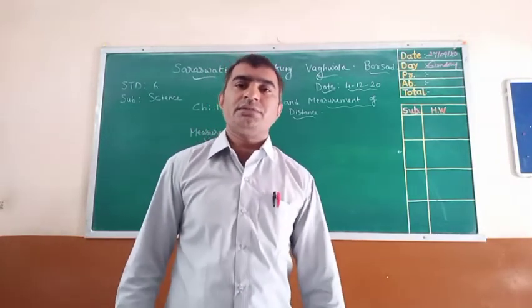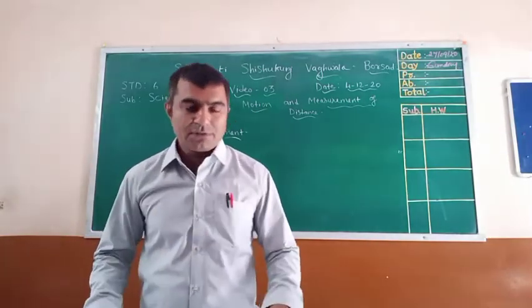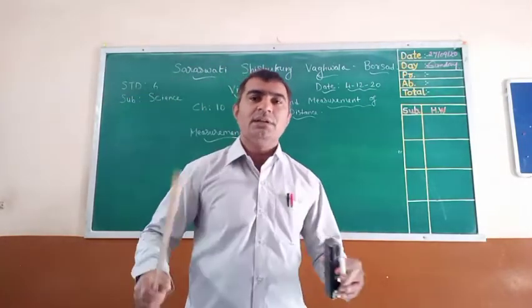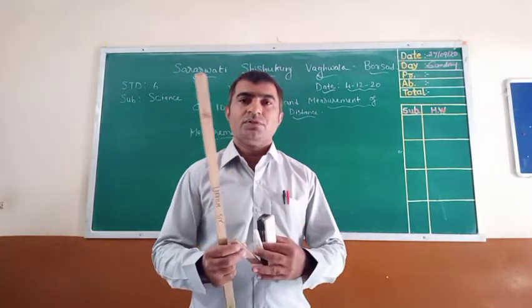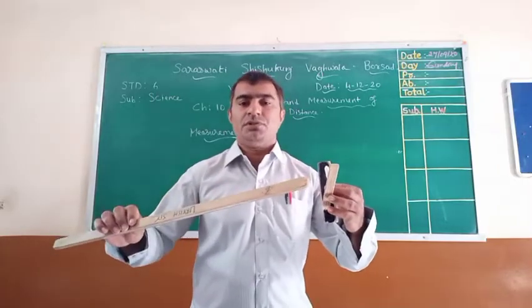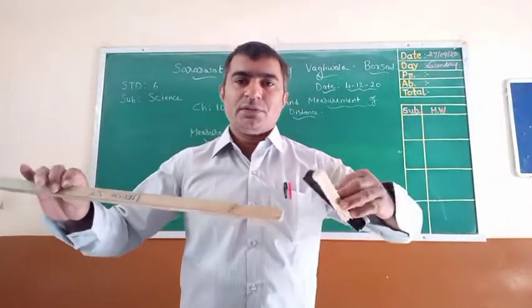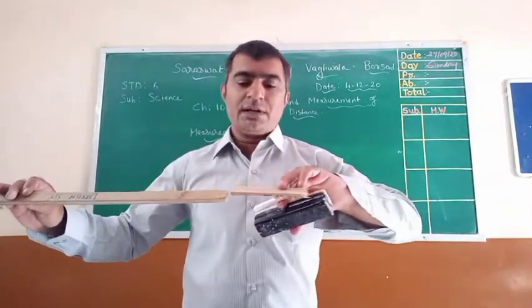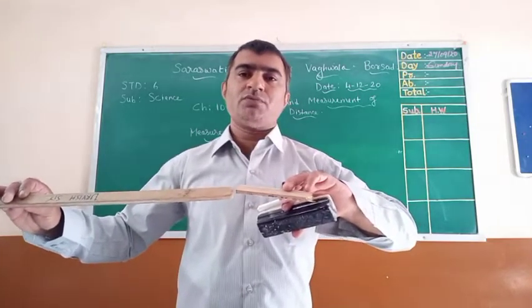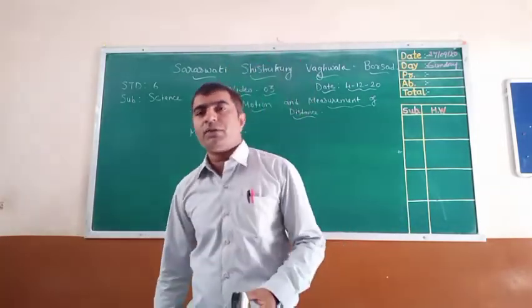So what did the students do? See, those two students were fond of playing gilli danda. Have you ever seen gilli danda? Gilli is like a small piece of stick and danda is a little bit long, right? So the students used this gilli and danda to measure the bench. One gilli and one danda on each side. When they measured, the bench was 2 gilli and 2 danda, so they divided it into half equal parts.